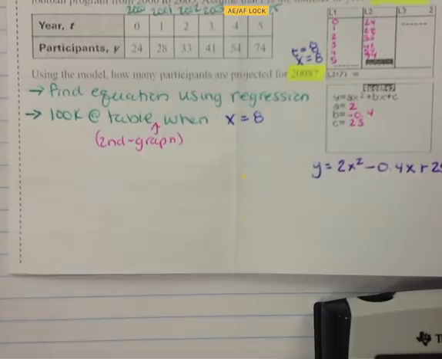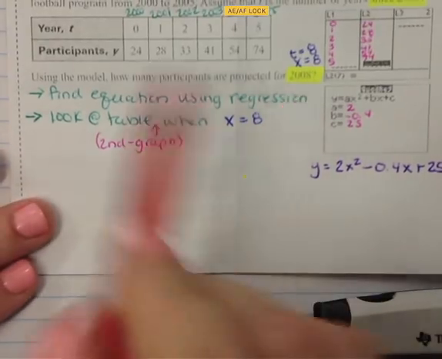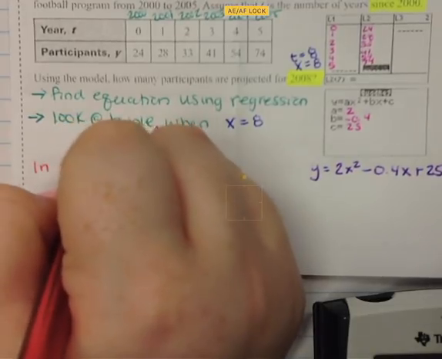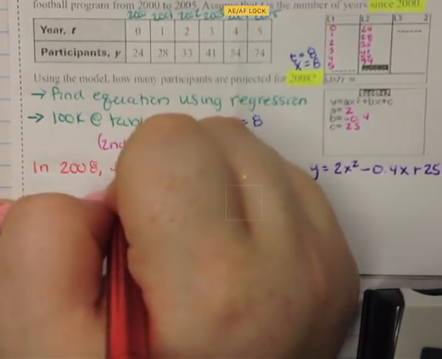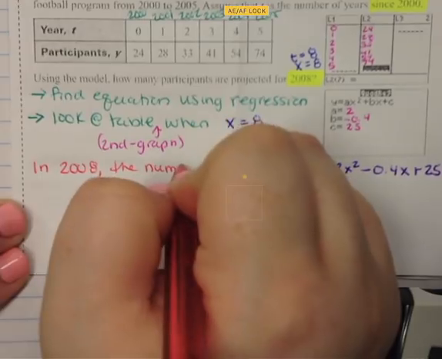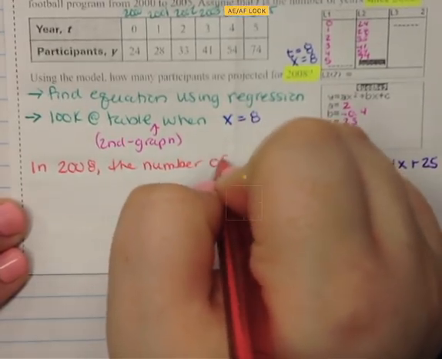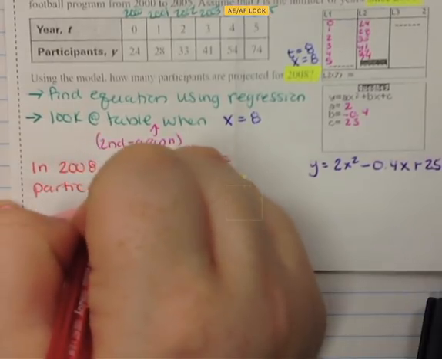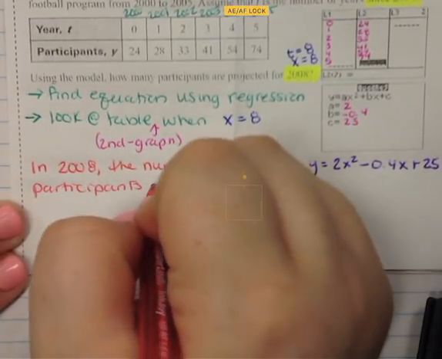The year was supposed to be 2008, so we're going to write a complete sentence. In 2008, the number of participants predicted,